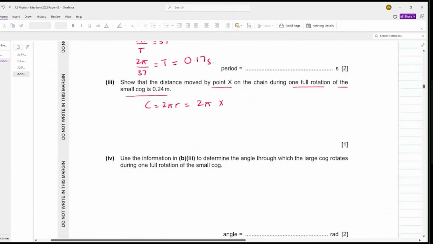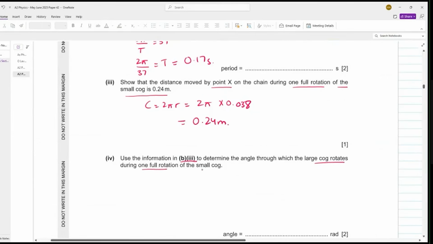0.038. Can you calculate the answer? This comes out to be 0.24 meters. Simple. Use the information in B part 3 to determine the angle through which the large cog rotates